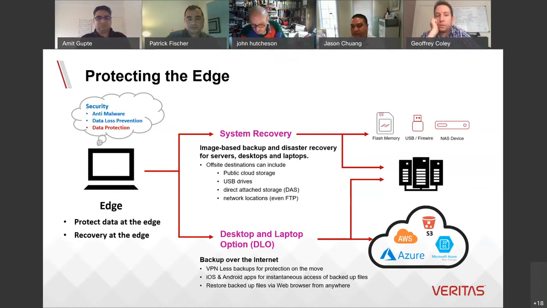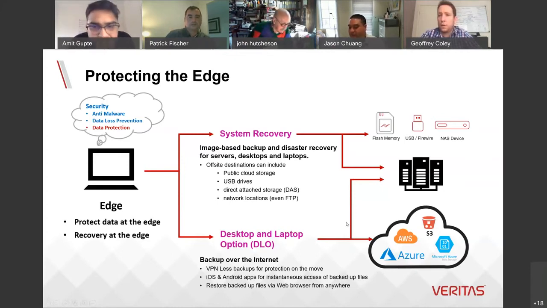You need fast recovery mechanisms should their laptop get corrupted or die, and the ability to recover that data into, say, a virtual machine, for instance, to provide access while you're trying to recover or provide an alternative device. That is certainly an option that you can look at with System Recovery to provide, I guess, a disaster recovery mechanism at the edge.